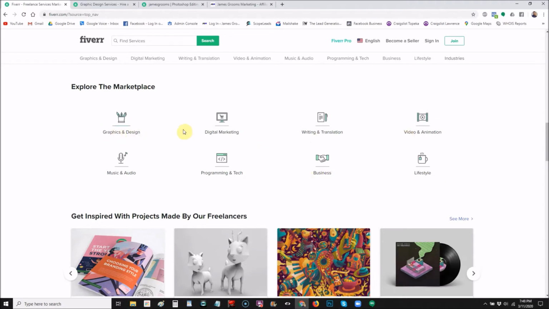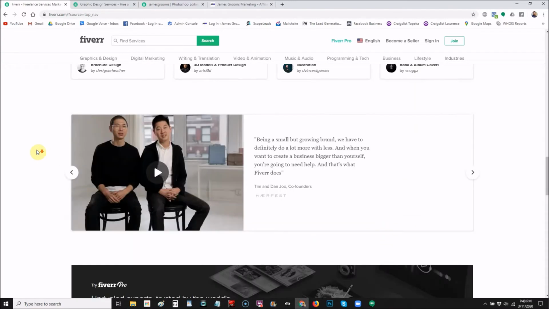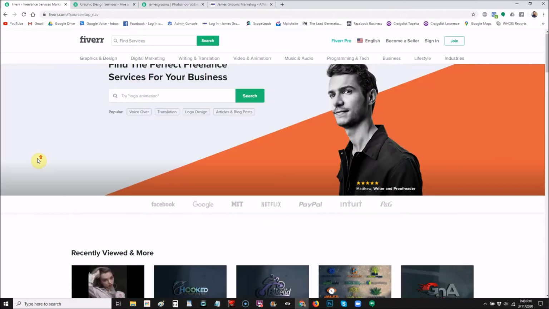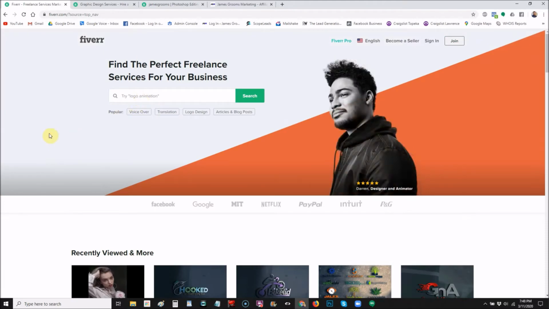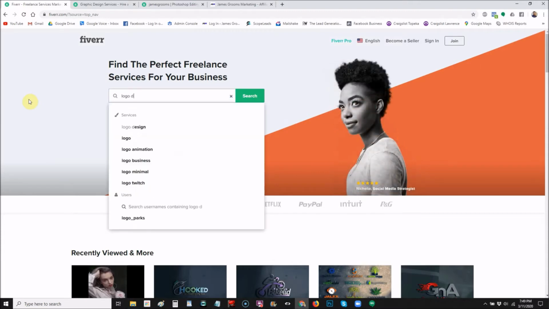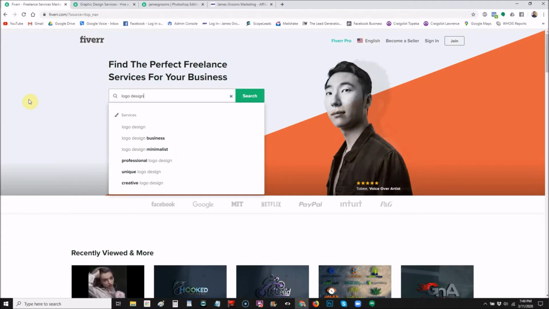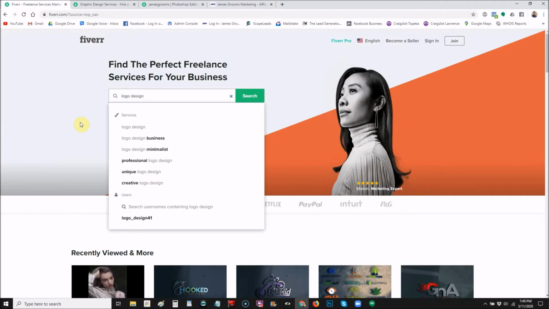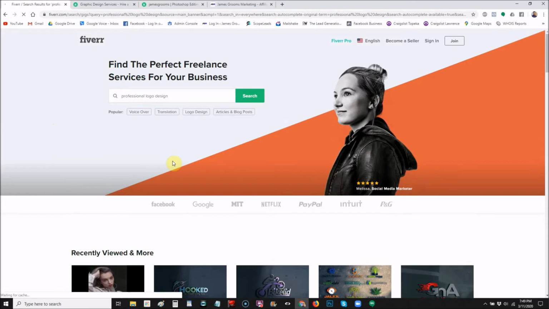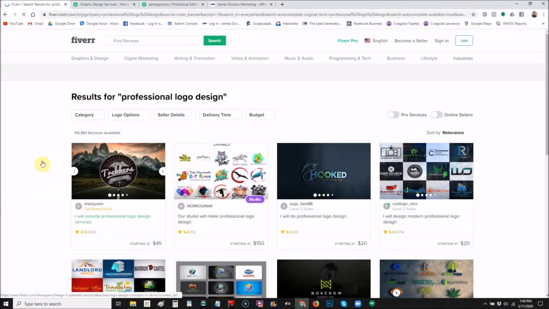And each of these different sections are broken down into subcategories. So let's say you're a business owner, small business owner, medium-sized business owner, doesn't matter. Let's say you're somebody that wants a logo created for your business. You come to Fiverr and you say, oh, I want logo design. As you type it in, it will drop down this menu and show you different options. Let's say you are interested in this one here, professional logo design. All you do is click on that and it will pull up a list of different